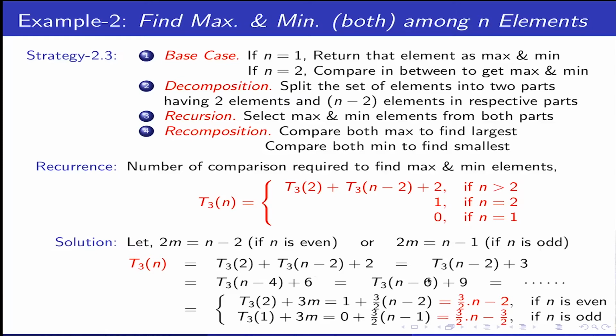We just expand it to the first instance, and finally when we expand it this way, we see that the term is increasing as 3 into the number of steps that we take. Since if it is even, we take m amount of steps, and if it is odd also, we take m amount of steps, but in even we reach at t2 and in odd we reach at t1 plus 3m is the same. Now see here, this is the same if it is even. This is a little bad but better than our 2n minus 2 obviously.